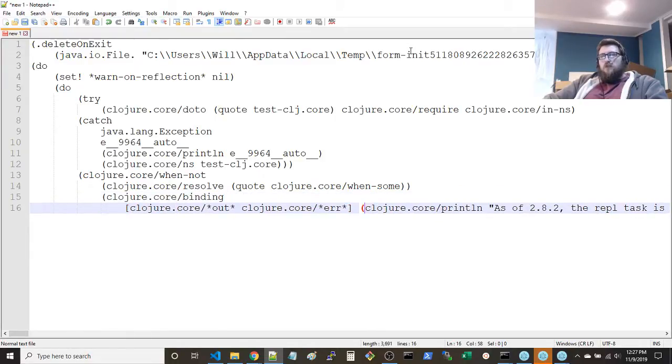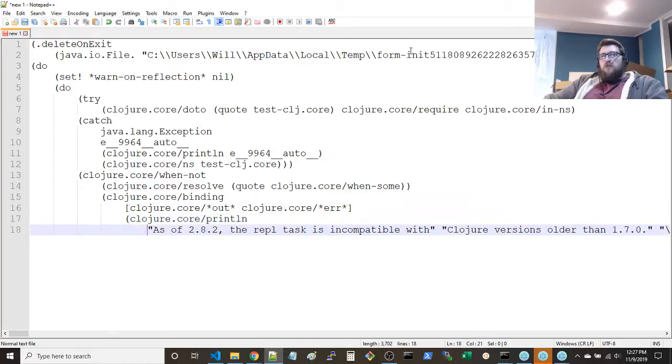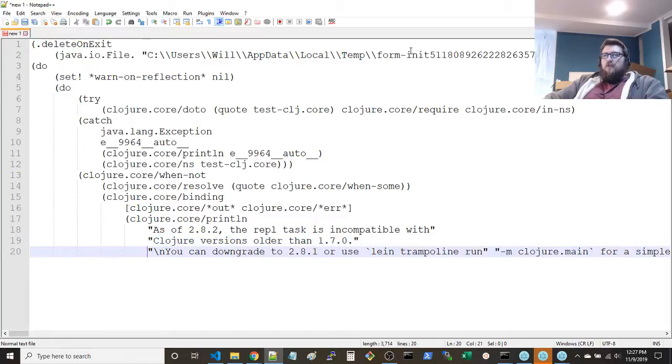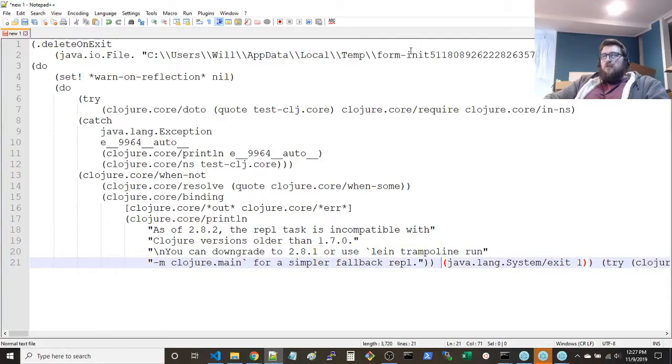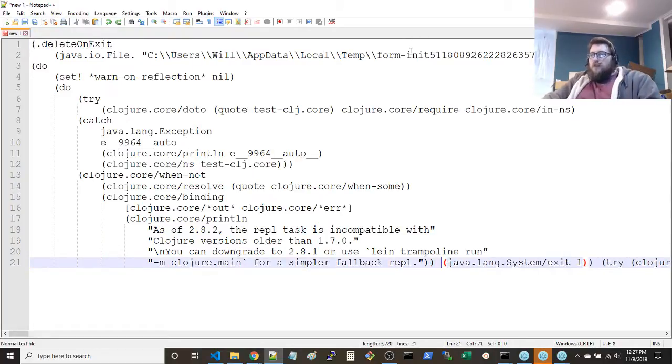Clojure core, okay. Print line. What am I even looking at here? This exit, where is this?